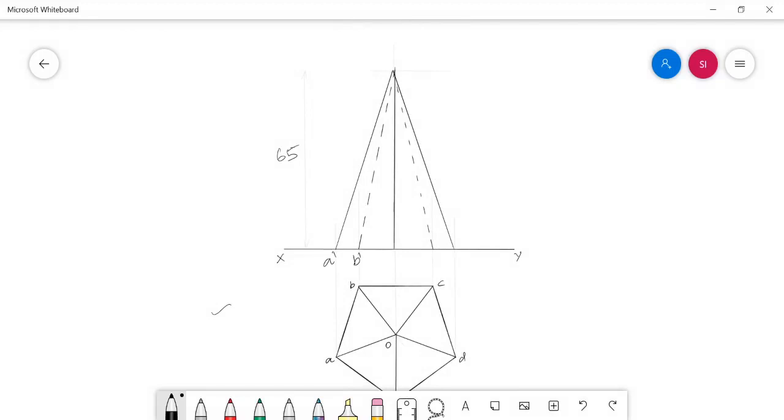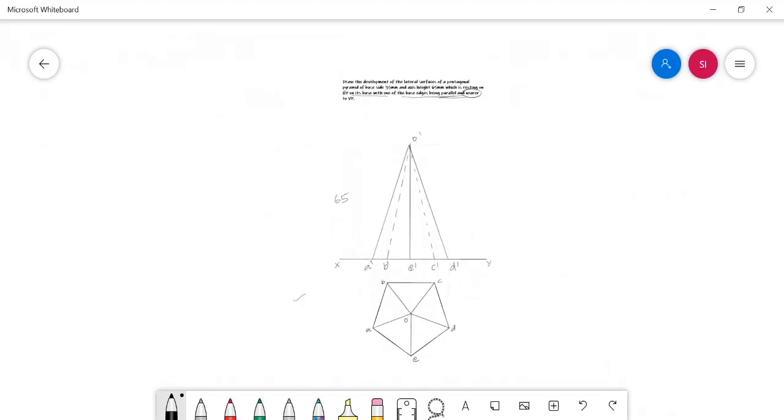And we need to mention the corners in the front view also. Now the projection of the pentagonal pyramid is over.